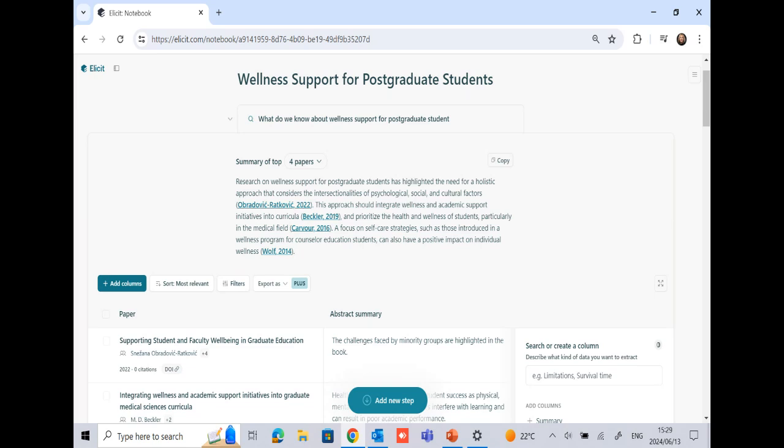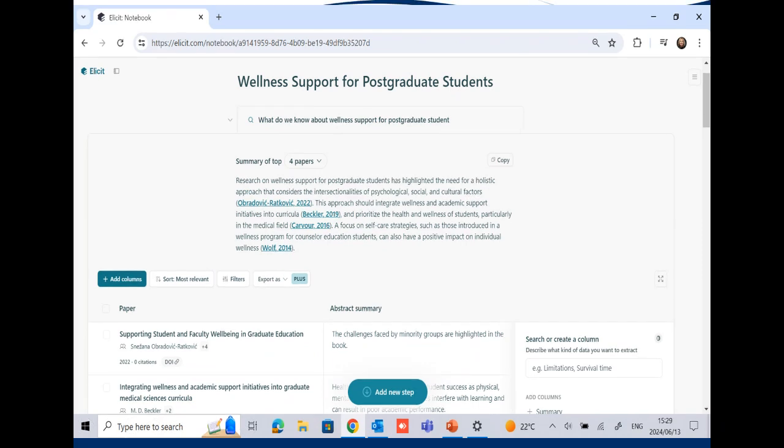In the beginning, Elicit gives you about 6 to 8 related papers. But what is very nice with Elicit is, and this is the second screenshot that I'm going to show you, I realized the 2 things that were missing in the first attempt.